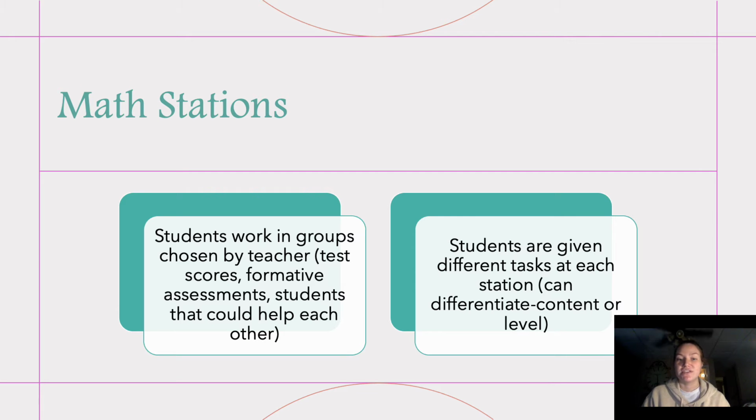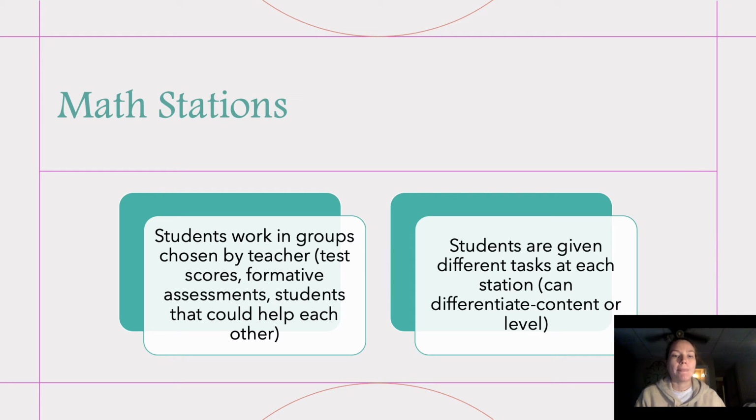And students are given different tasks at every station. This gives the teacher a chance for differentiation, either with the content. Are there some students who aren't learning something, who need extra practice with something, extra help with something, or do we just need to differentiate the level of the problem? So are some students still struggling, and are some students really advanced and they can do more advanced